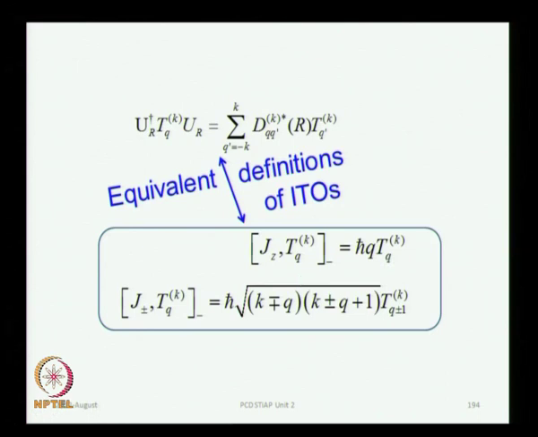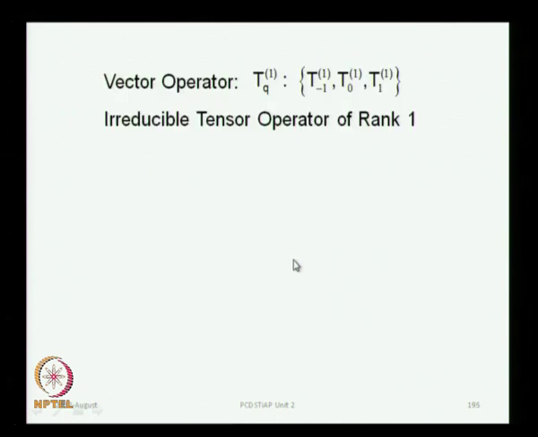So, it is not surprising that this should be involved, because when you deal with vectors you always see how their components transform under the rotation of a coordinate axis. The generator for rotations is the angular momentum, which is why the angular momentum operators get involved in the commutation relations which define the tensor operators of appropriate ranks. So, let us take a vector operator, and these are the spherical components. This is an irreducible tensor operator of rank 1,